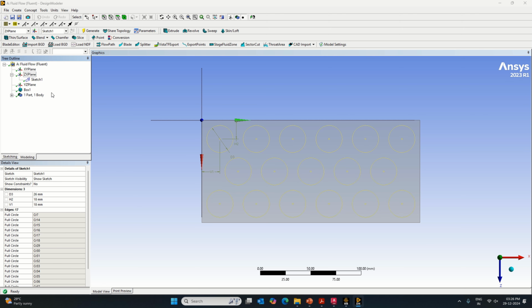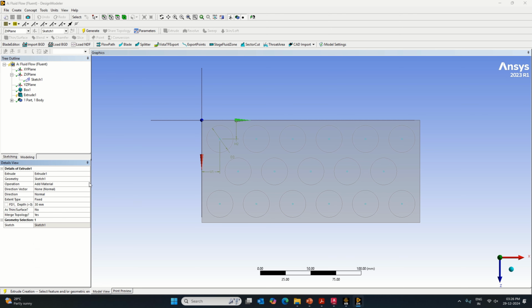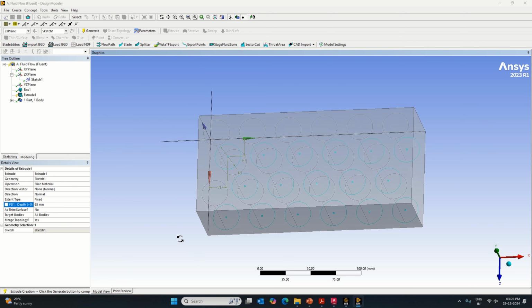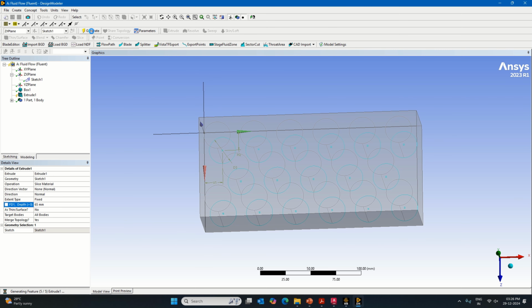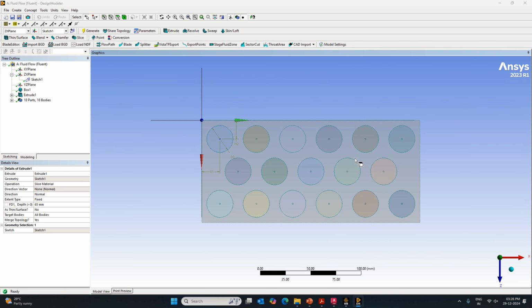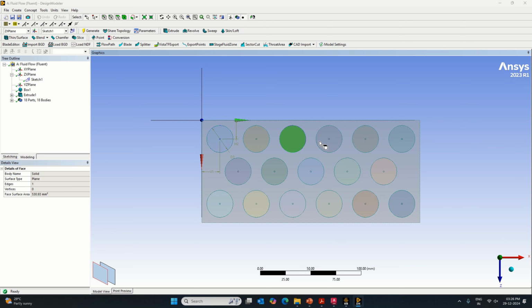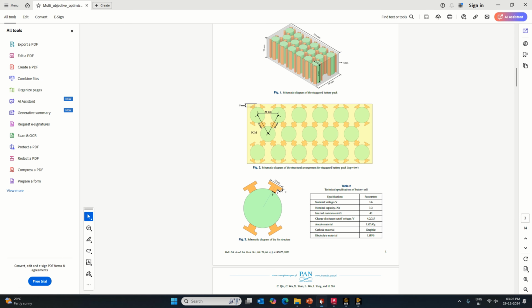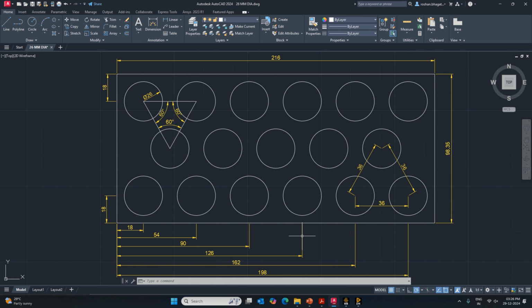Now what I will do is one operation which is called extrude. So click on extrude, make it apply. Instead of add material, I will make it slice material now. Depth I will take 65. So you can just check the depth. Now let's generate. As soon as you generate, you will see the cells being generated and individual cells are differentiated with respect to the pack. Now the first thing we have done is just as per the geometry specified here. So we are done. The rest of the task is actually to prepare